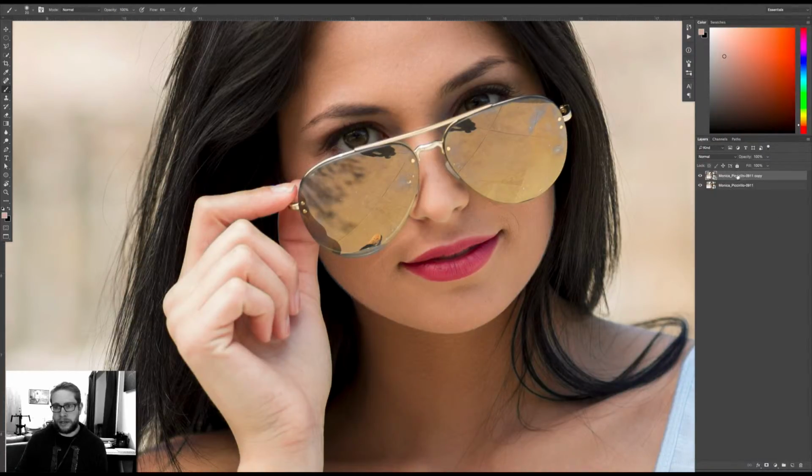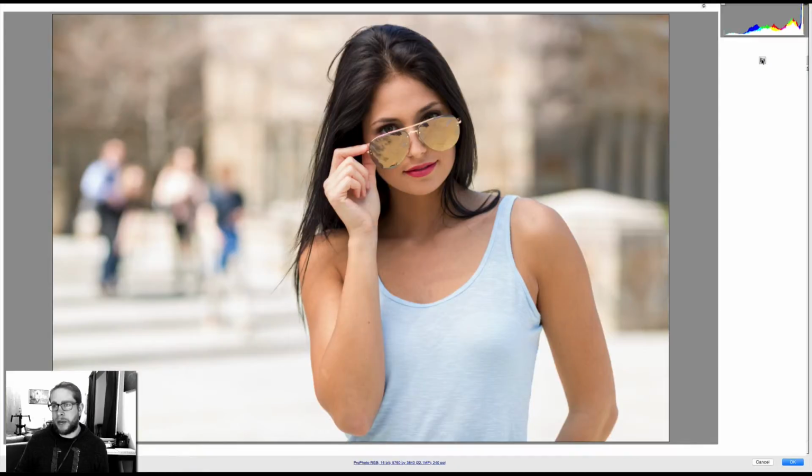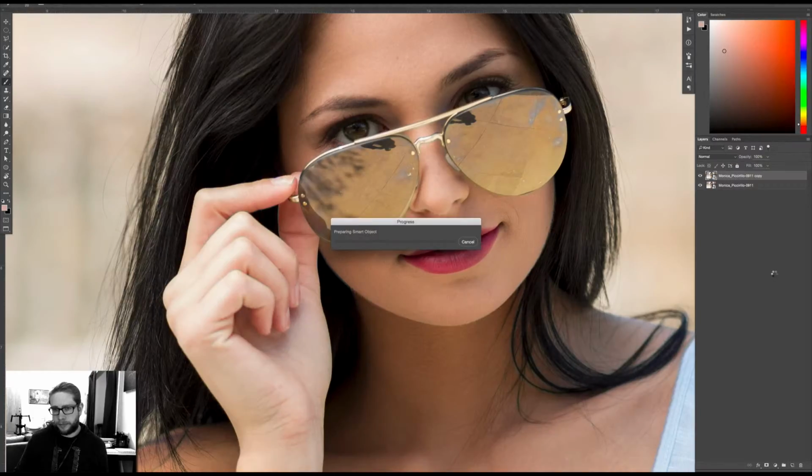So now here is this Smart Object via Copy. I'm going to double click on this little icon, which will open the image up in Camera Raw. Here I can go back to my lens corrections. And basically what I want to do is turn off all of those settings that we had applied. So uncheck remove chromatic aberrations, pull this back, pull this back. So now all of my chromatic aberration is back. If I say OK,